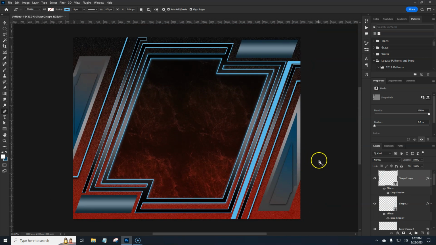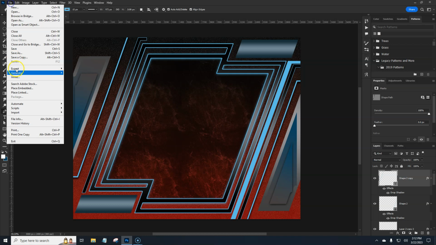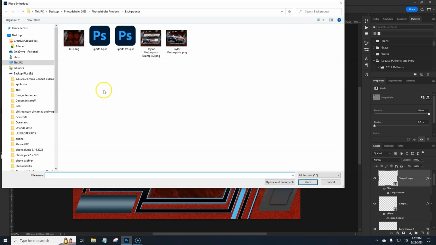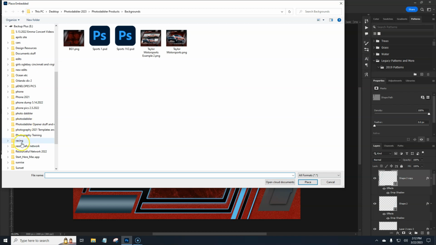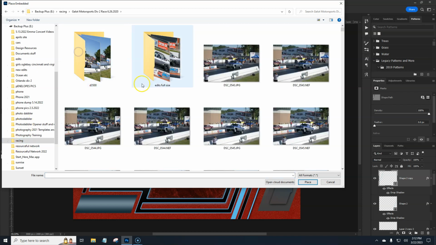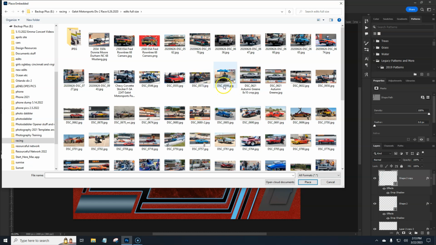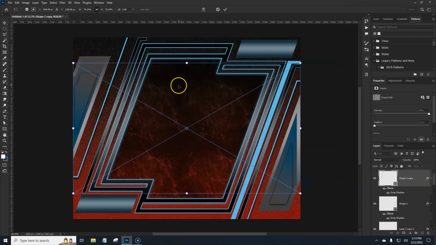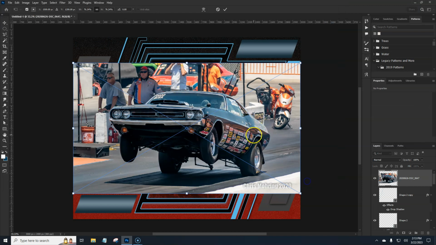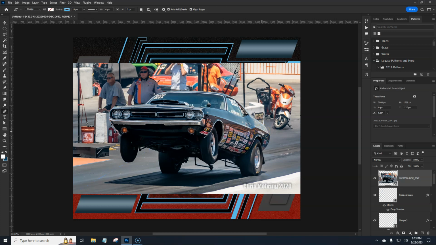Alright, so now that we have all that out of the way, we want to add an image. So File, Place Embedded, and go into whatever folder you have your image saved in, and let's grab this guy here. We'll place this image in like so. Now, this is where you need to spend some time masking out the car. Alright, I'm not going to spend time masking out the car a lot in this tutorial,